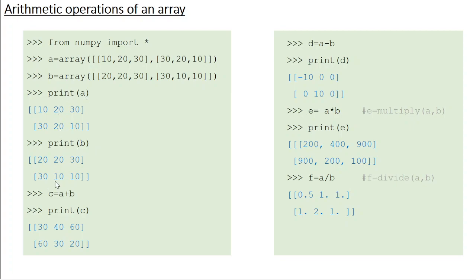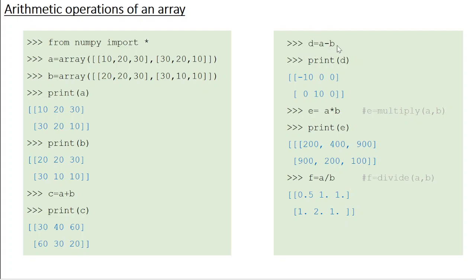When you print B, this is how the result looks. Now when I say C = A + B, I am going to get a 2 by 3 array where the elements are the sum of individual elements of A and B. This is how C is going to look. The first element is the sum of 10 and 20, 30. The second element is the sum of 20 and 20, 40, and so on.